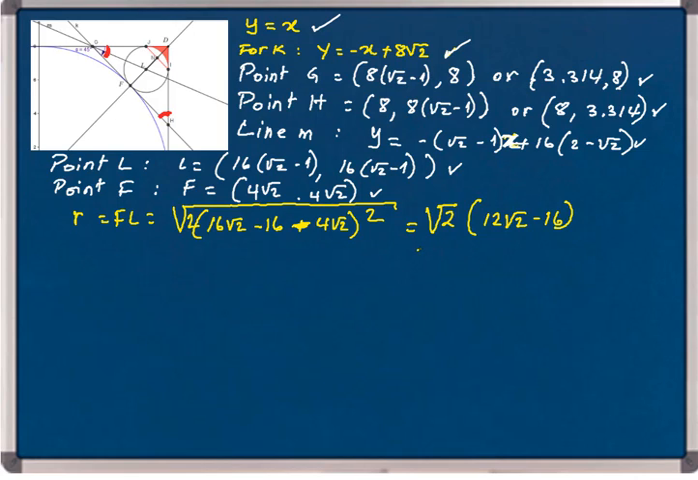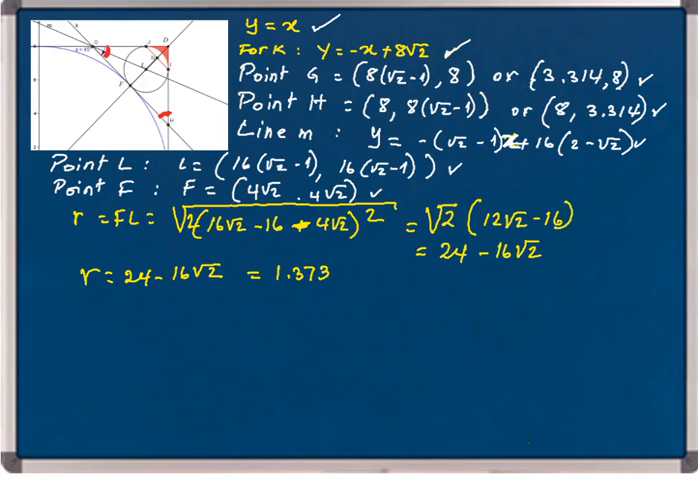That will make it here 24 minus 16 square root of 2. So that will be R. R is equal to 24 minus 16 square root of 2. This is also, if you want numbers, 1.373. This is the radius